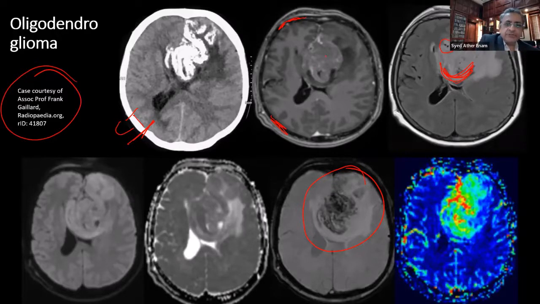But in those places where the water molecules are moving around, the difference between B0 and B1000 will be a lot. And that's where they will show, for example, this free fluid, as white. And then something like this is normal brain tissue. So you would expect in the diffusion weighted imaging that you would see sometimes a little more restriction, dark shadows in the ADC. And this is the cerebral blood flow,